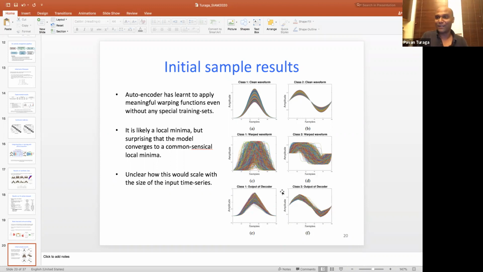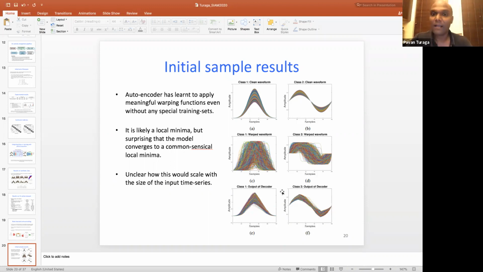And there is no reason why your warp functions should be close to the diagonal. But we're finding that even so, the deep nets, the autoencoders are learning some commonsensical warp functions. We don't necessarily have a result to explain why, but it's empirically true so far that they learn these meaningful,